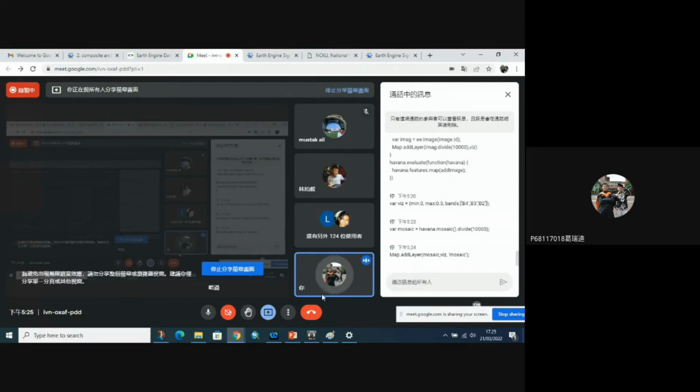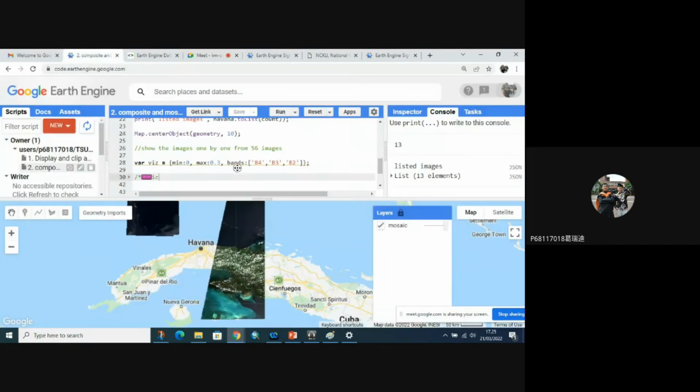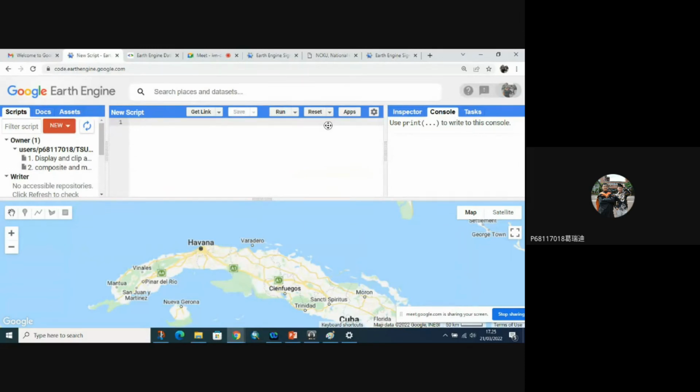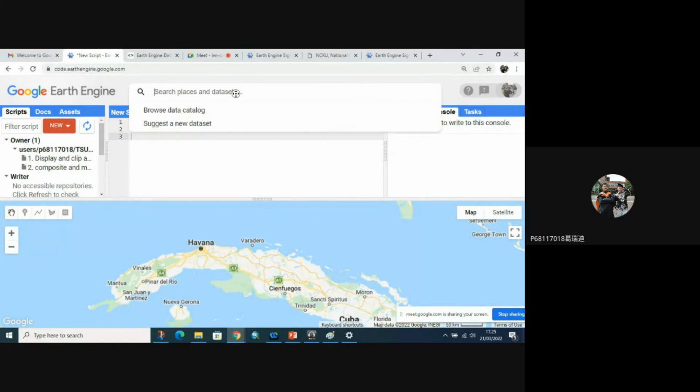Maybe I will show you the tutorial. I will show you how to filter the images. I love to share it. How to filter the images? I will show you some tips.